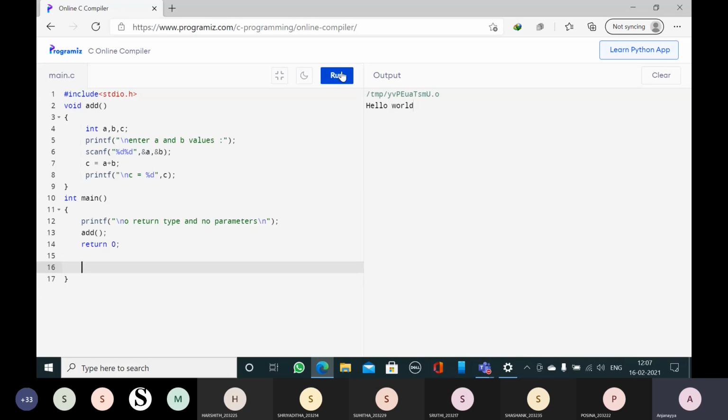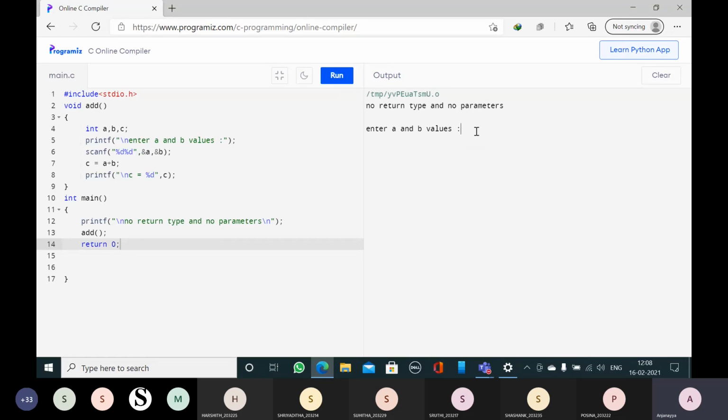Now I will run the program. The first statement is the message for no return type and no parameters. Then control comes here and it will display this message: enter the values of a and b. Now the control has entered this function.